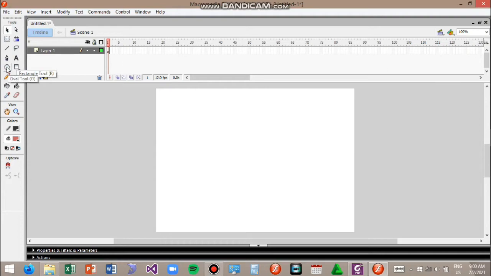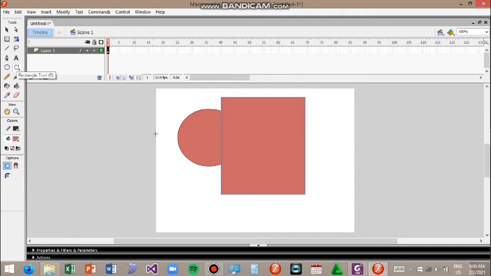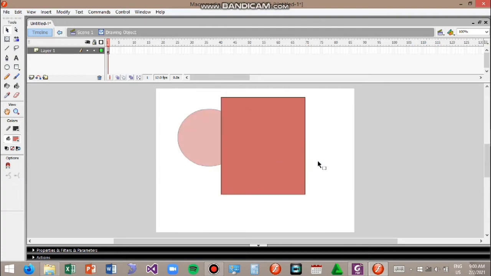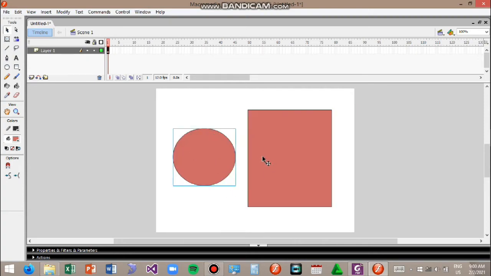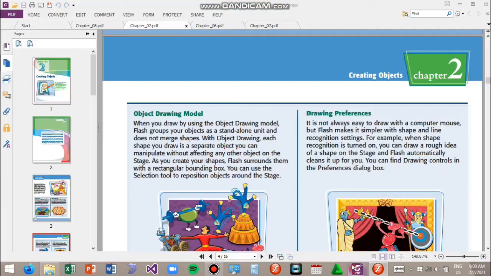What we need to do is select a shape and then click this object drawing, and then you just need to draw that and then create another shape and draw here, and then we're going to move this object to the other side. Okay, so as you can see, it doesn't merge anymore because this is already called an object drawing model. So that's the difference between the merge and the object drawing model.